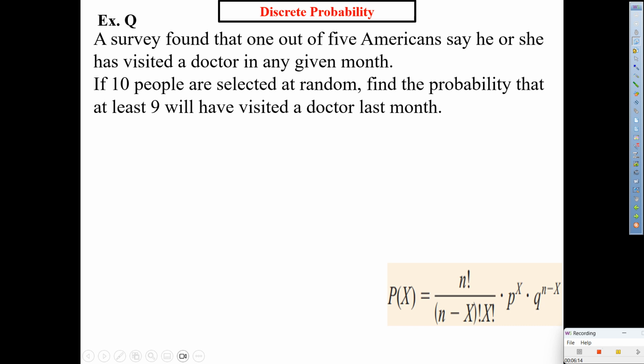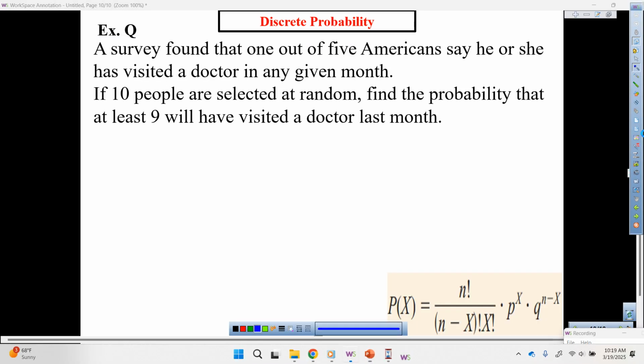A survey found that 1 out of 5 Americans say he or she has visited a doctor in any given month. If 10 people are selected at random, find the probability that at least 9 will have visited a doctor last month. I'll give you time to copy that, and we'll do that one together. All right, as you're finishing copying that,